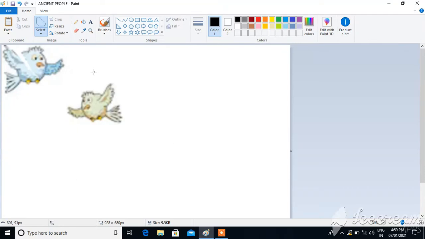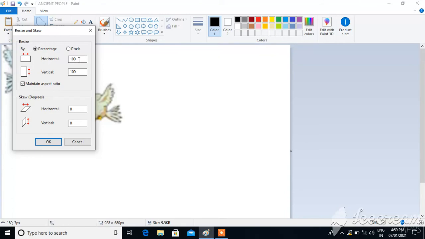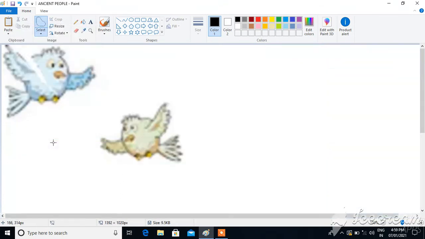Or if you want the small picture, again click on resize. Okay, just give the pixel 150. Click on OK. Or it gets big again.